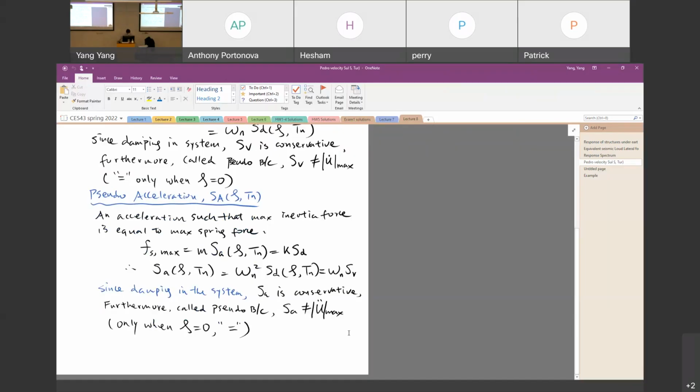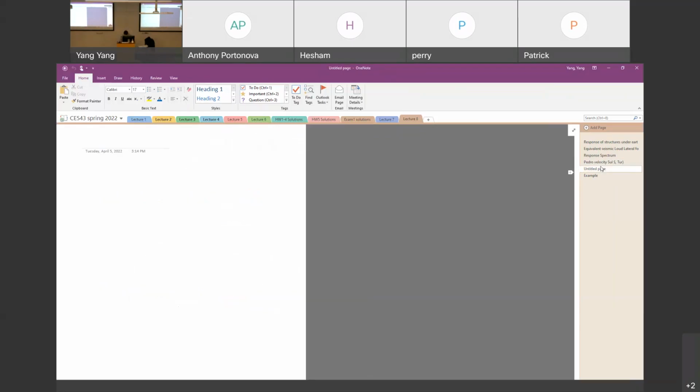So typically, when we do design, we should be able to show the three spectra in the same graph, so that we will have a tripartite response spectrum of this sort. And today we will talk about